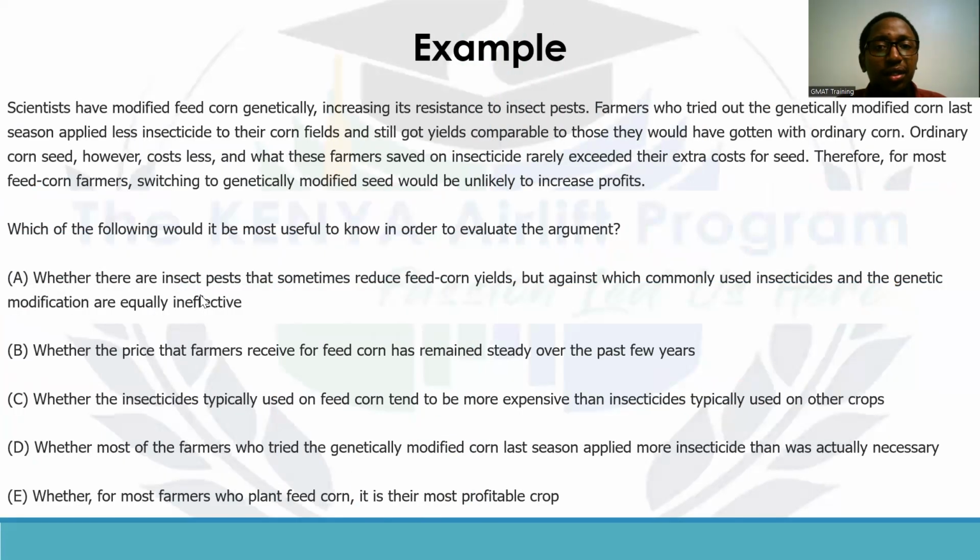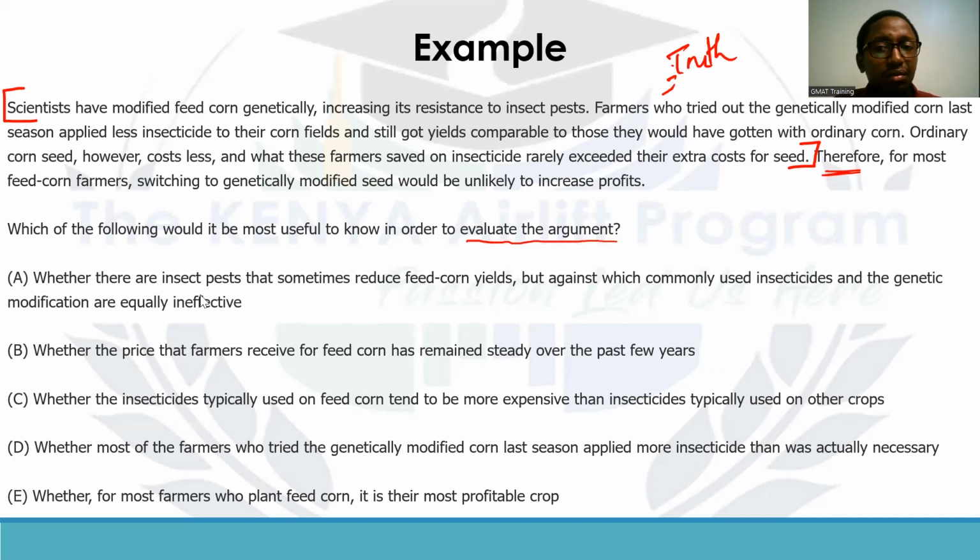So for our second question, just go ahead and pause and try the question by yourself. So in this question, we say that we want to evaluate an argument. So we have our premise here. So all this is the premise. So this is truth. And then we have now our argument here. Therefore, for most feed corn farmers, switching to genetically modified seed would be unlikely to increase profits. So we have our arguments,